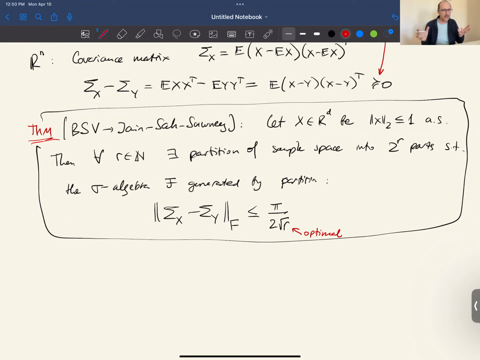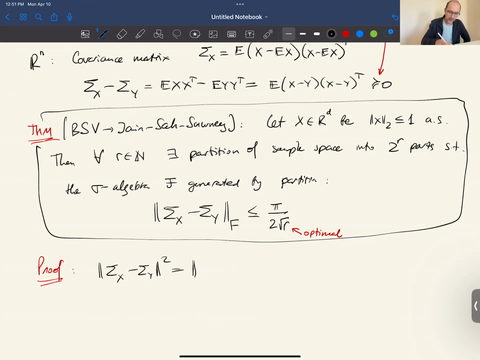So this basically says, you give me the random vector, you give me the distribution, and I will find the parts so that if I flatten the distribution on these parts, make it a step function on these parts, then the covariance loss will be as small as it can be. And that's what it is. So how do we do this? Well, this is a direct consequence of the weak Szemeredi regularity. Let me show you how this is done.